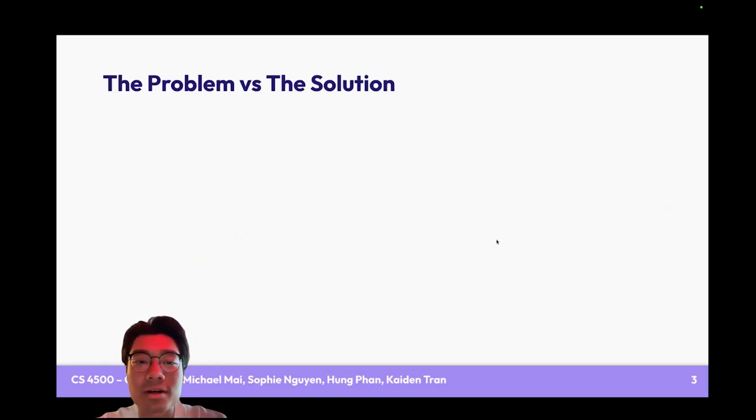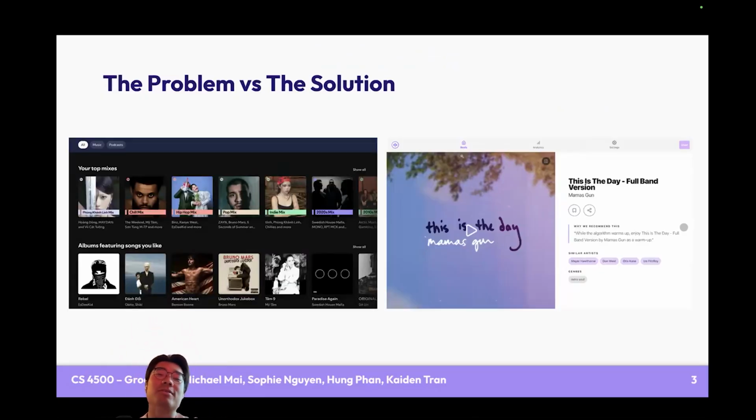So let's start off with some of the inspiration behind Groovary, or the introduction behind Groovary. As a music enthusiast myself, I regularly listen to music every single day, and I care a lot about some of the analytics and my listening habits as well. And we noticed that while using some of these major streaming platforms, their recommendations are just very, very not personalized, I would say. Such as here, we have a screenshot of a Spotify homepage where I'm recommended Weekend and Zayn, so like major, major big artists.